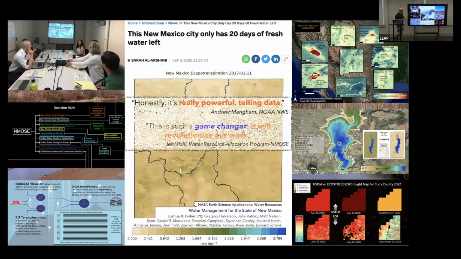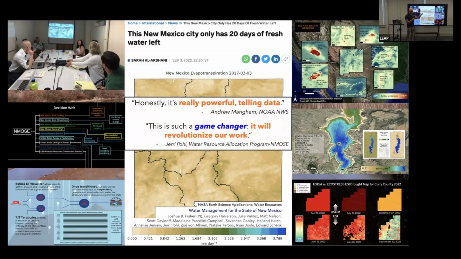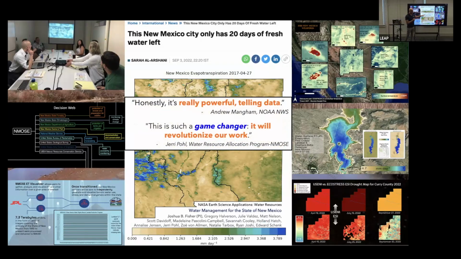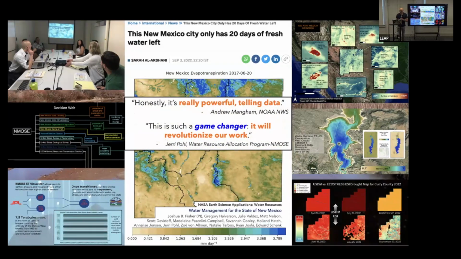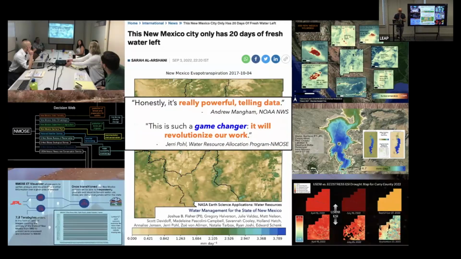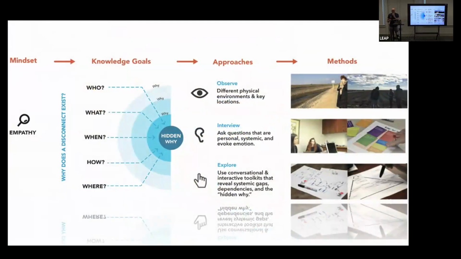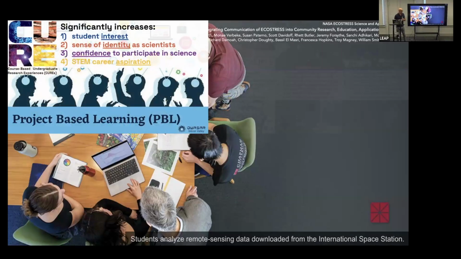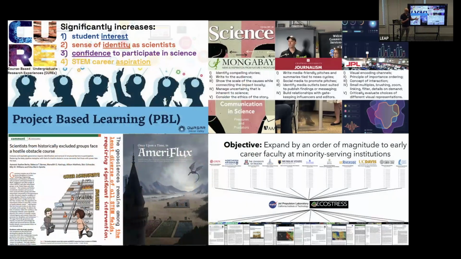I've been working with state governments, including the state of New Mexico, water managers, and it's really revolutionizing how they work and how they allocate water. So a lot of my tools now involve, in addition to science and engineering, I'm employing a lot of artists and designers as that key bridge to figuring out how end users will interact with data: human-centered design, UI, UX. And also starting to employ these in my own teaching techniques, so making all my teaching materials freely available.